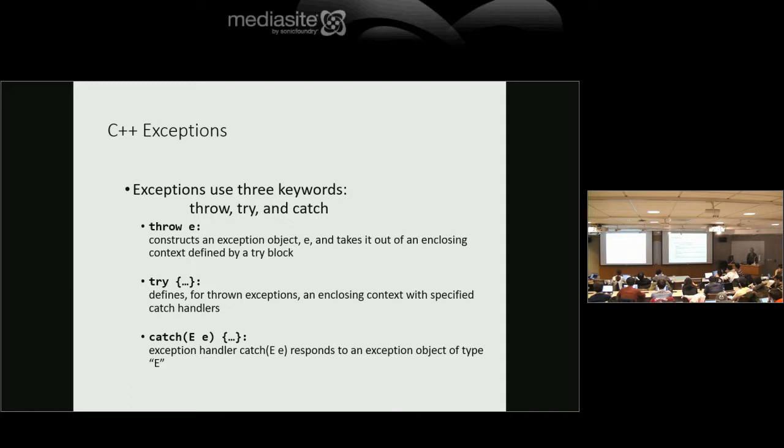Okay, exceptions use three keywords: throw, try, and catch. Normally in code, you don't see throw as often. Throws happen in library code, but occasionally there's some condition that your code believes is an error, and so you'll throw an exception. Try allows you to construct a region in which you are preparing to handle exceptions, and the catch clauses handle the exception. So try and catch, and the try block typically must have at least one and may have a whole chain of catch clauses.